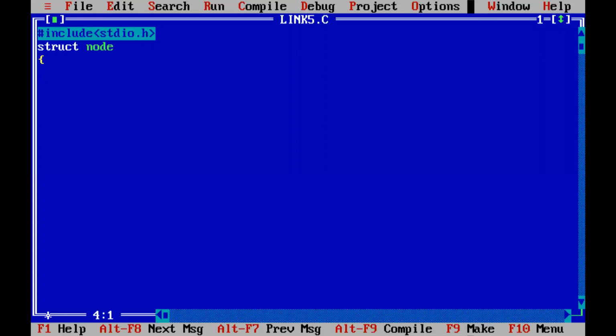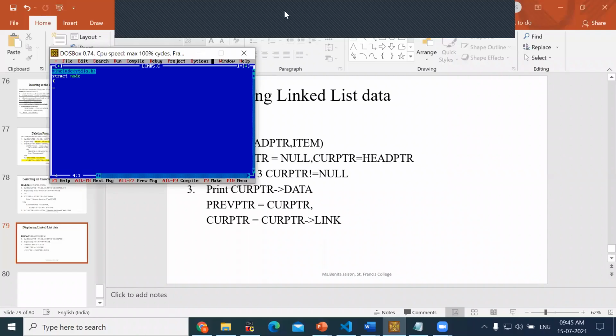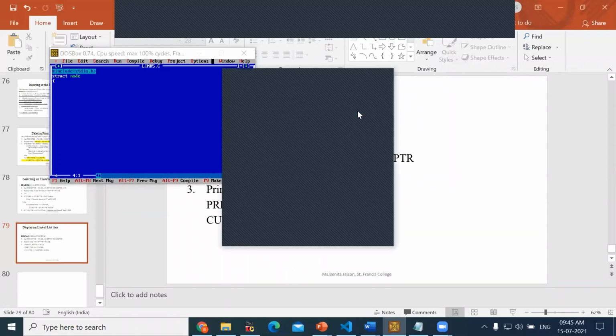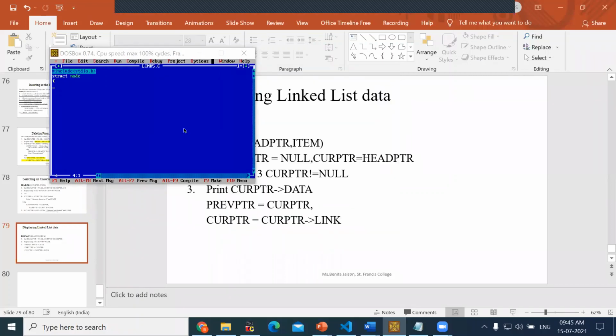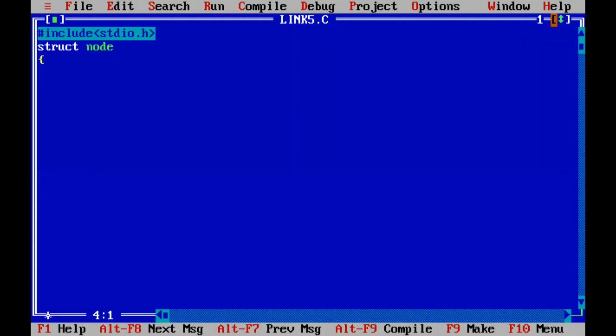Franklin, can you tell me? Franklin, are you there? Yes, ma'am. After that, what should be the structure of this node? I am going to ask all questions, one each line, because today we have 2 hours. Tell me what all we have to store: the details of the students, roll number and name. So what should be the structure of the node? In order to store a roll number, what should be the data type?